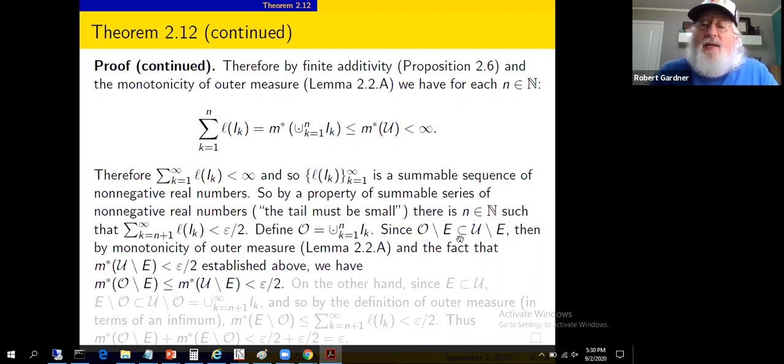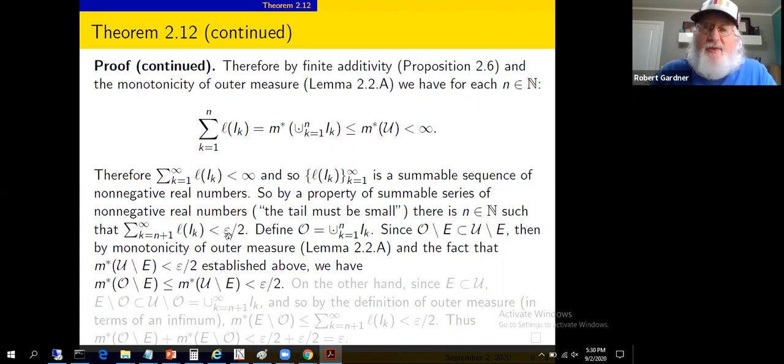O set minus E is a subset of U set minus E because O is a subset of U. O is the union of the first n of those intervals. U is a union of all of them. So O is a subset of U, so we get this relationship here. Trying to get this conclusion. Okay, so monotonicity and this fact, which we established above, that the outer measure of U set minus E was less